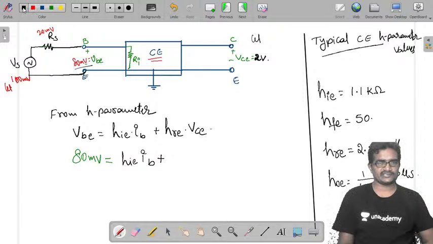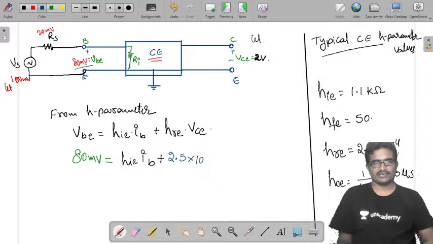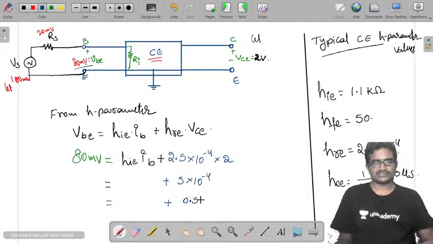I am using this. HRE value is 2.5 into 10 power minus 4 into 2 volts. So 2.5 into 2 is 5 into 10 power minus 4. So it means plus 0.5 millivolts